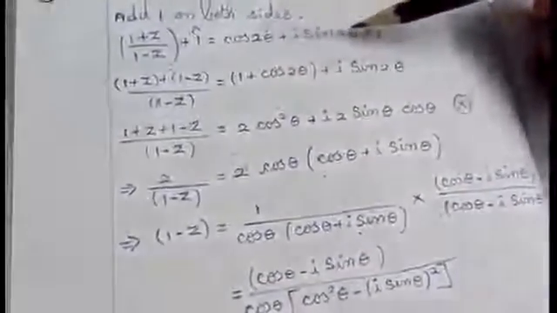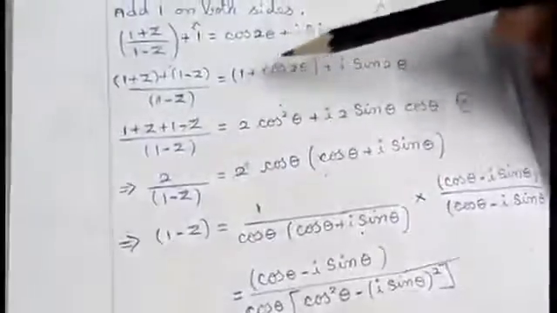And on the right hand side I am making an adjustment. If you see, I have only one imaginary part, that is i sin 2 theta. The remaining two belong to the real part. So I am writing it like this, the real part in the bracket: (1 plus cos 2 theta) plus i sin 2 theta.